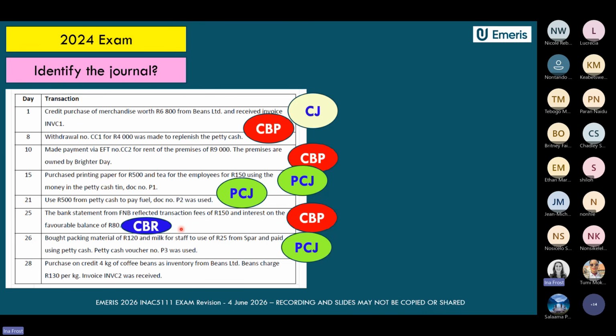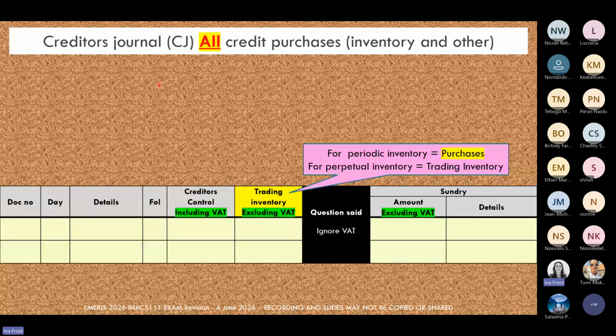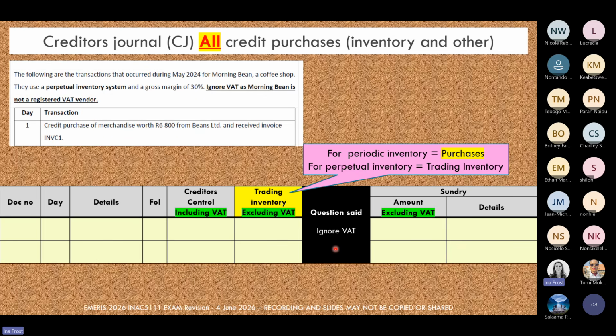Next up was another petty cash journal and another one for our creditors journal. So we're just going to focus today on these two entries. You can go and practice the other journals at home in your own time. Okay, so we said creditors journal, that's for all credit purchases of inventory or anything else. So here will be our credit purchases of inventory, and there will be other credit purchases. And remember, in this question, they said we could ignore VAT. So we are not going to have entries in our input VAT column.